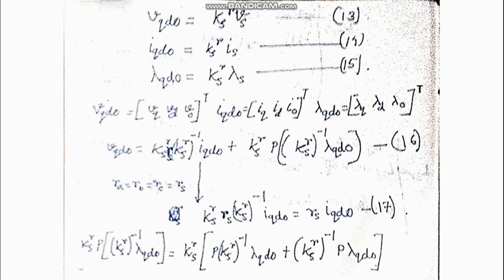Here you can see that the RS is very simple. It was a diagonal matrix. So whatever transformation you apply on your RS, if you post-multiply and pre-multiply RS with a matrix and its inverse, you are bound to get